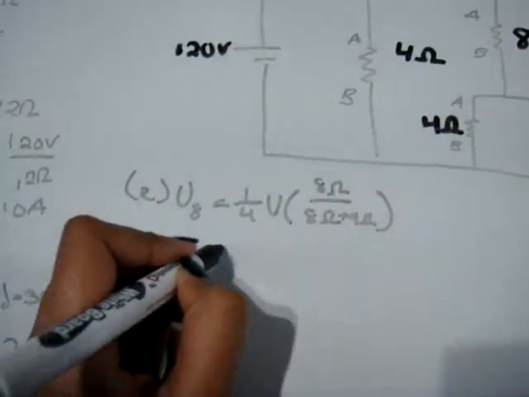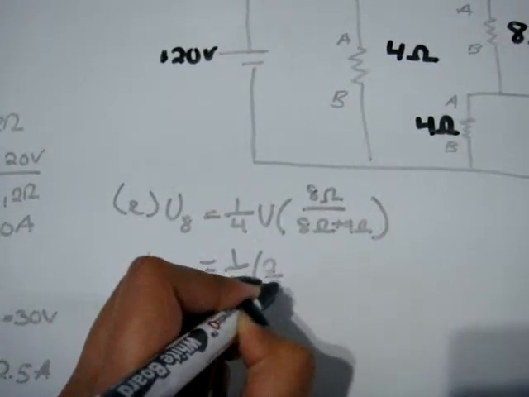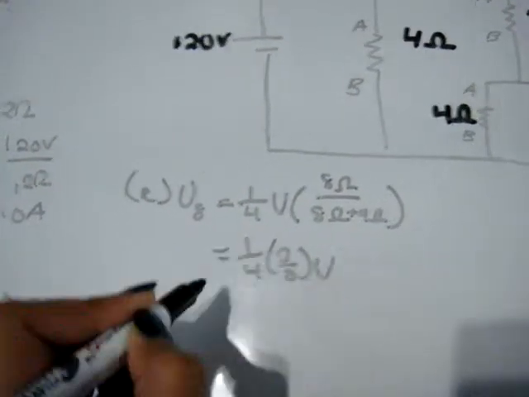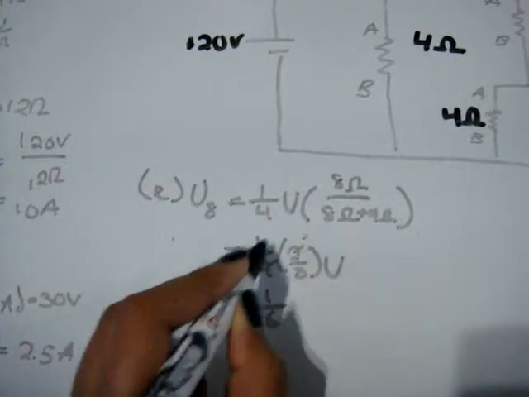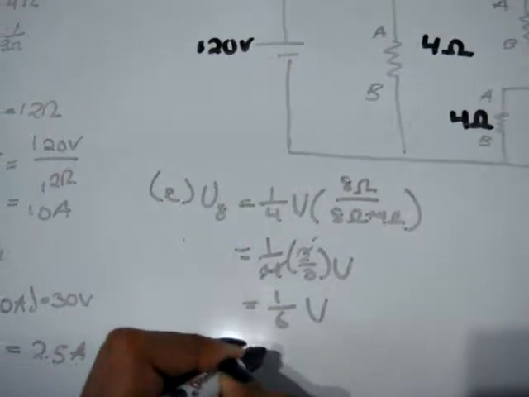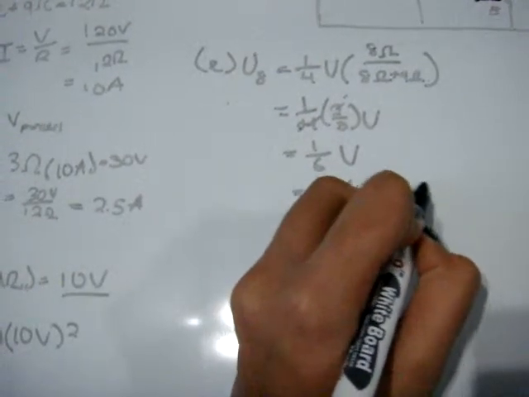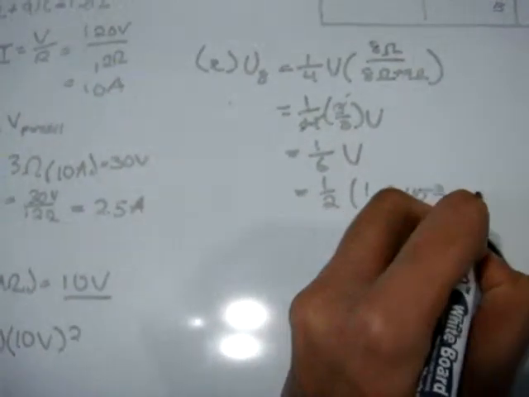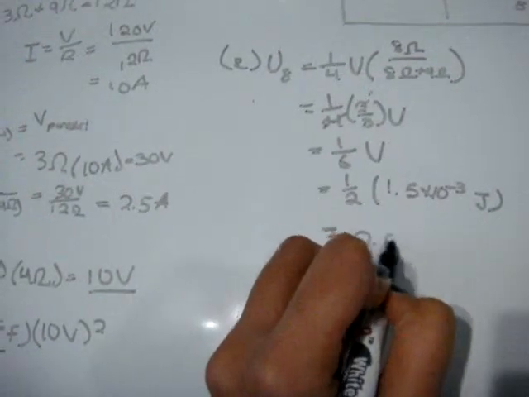So when this is solved out, we get 1/4 times 2/3 of the total, which is 1/6, because 1 cancels to 1/6 of U. So we have 1/6 times the U we found here, which is 1.5 times 10 to the negative 3 joules. And that gives us 2.5 times 10